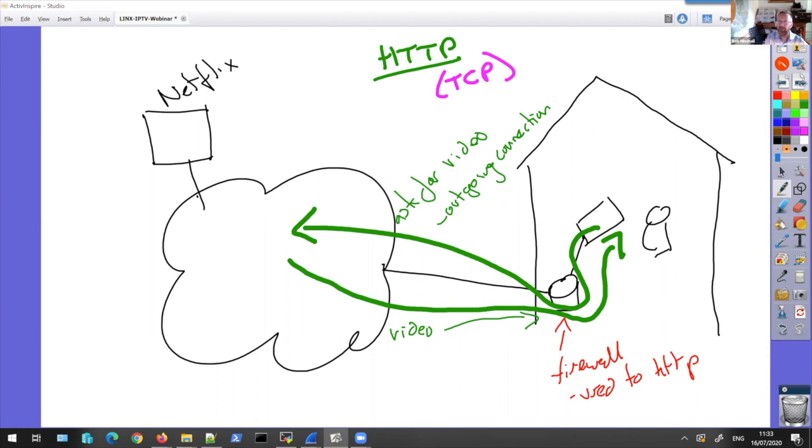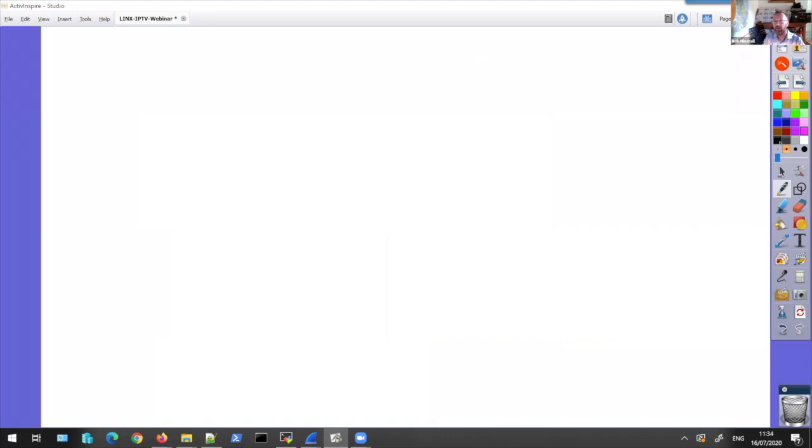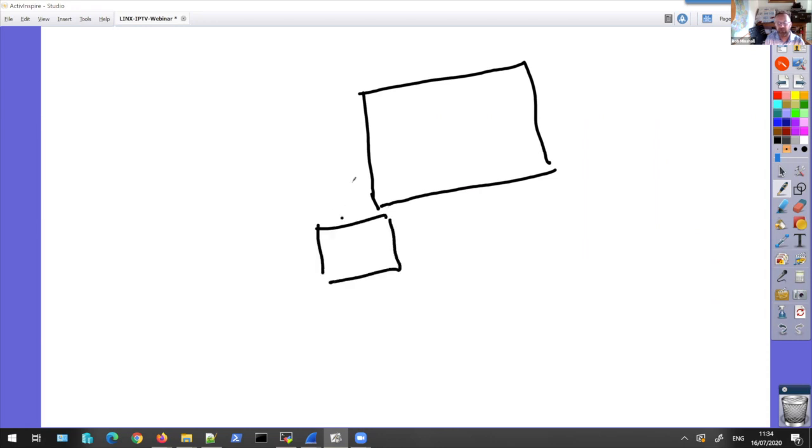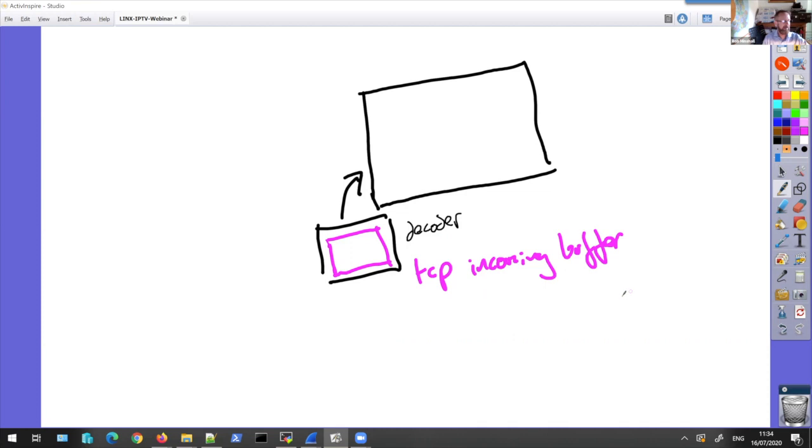And we like that because with TCP, you can have a device, so here's your device watching TV, and built into that is going to be some kind of decoder. We've got our decoder to receive the stream, and inside there we're going to have a TCP incoming buffer. Now that TCP incoming buffer allows me, when the HTTP streams in, I can store it for a short time in the TCP buffer, because if you're then suffering some kind of packet drop,